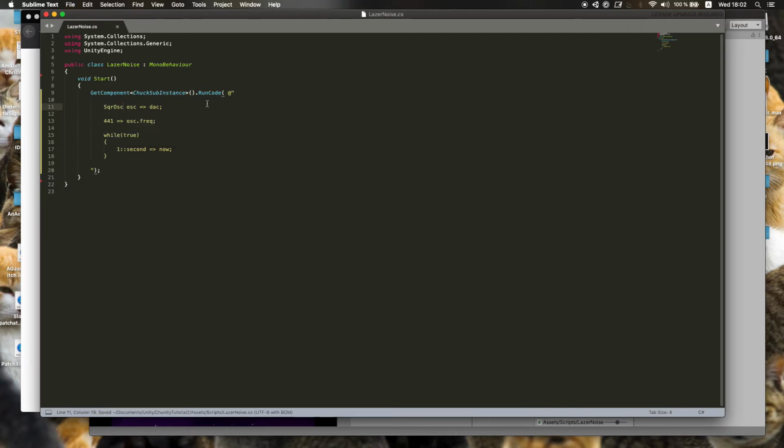SqrOsc. So I'm going to turn the volume down a little bit for the square oscillator because I assume it's going to be a bit loud. Here's a good trick. So pretty much all of the different audio DSP modules we have, for example, square oscillators, square waves, sine waves,